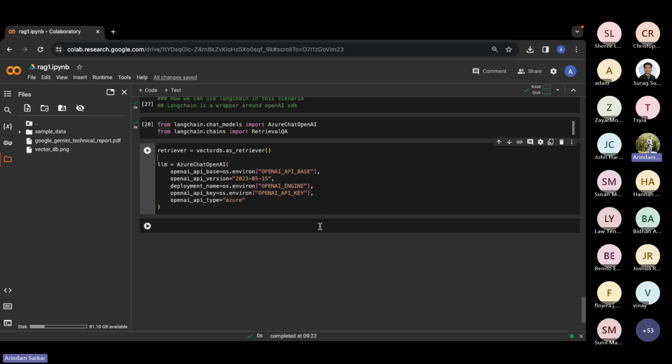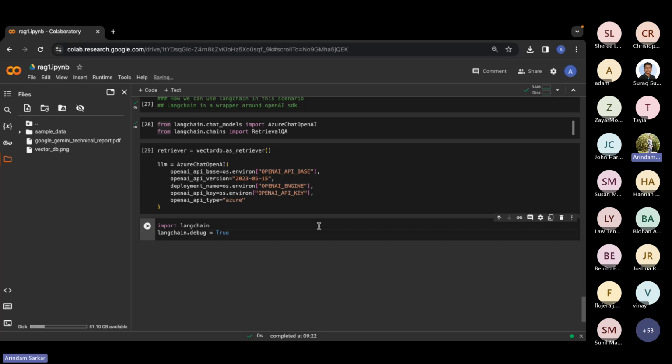Now, we'll import Langchain, and one interesting thing I'm going to do here, just to show you how the LLM performs, I'll turn on the debug mode.